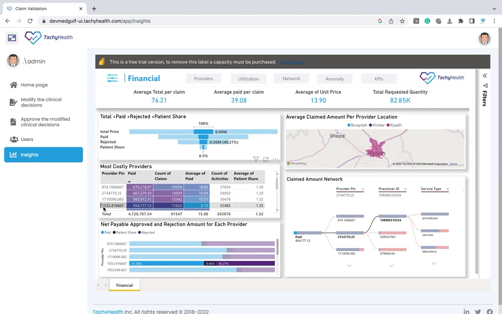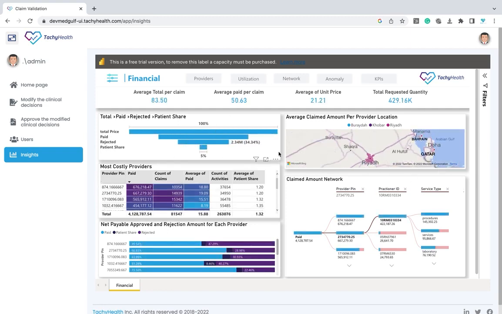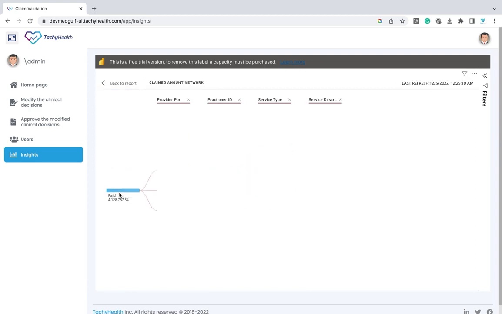All of these are just dynamically changing based on each provider that I click on, and by clicking outside, you can see the whole image you have here, the amount accepted and rejected with different colors for your convenience. Moving to our hierarchical tree where you have all the amount paid and you can investigate further